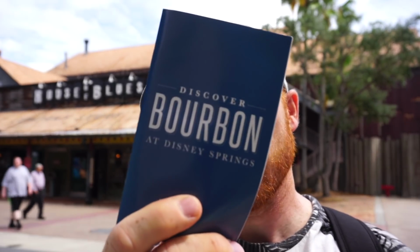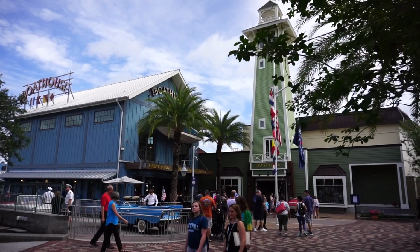All right, so let's talk about the Discover Bourbon Trail here at Disney Springs. It actually has a lot of locations. It's almost every single location that you can dine at here in Disney Springs. You know, Jock Lindsay's Hangar Bar, the Boathouse, even little stuff like the Ganachery or the sake dining location that is just outside of Maria and Enzo's, kind of across from Planet Hollywood. But there's a ton of locations. There are 21 to be exact, so I would not recommend you trying to do this all in one day. If you get the book,